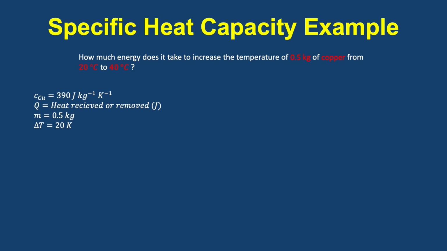Continuing with our list of givens, we see that capital Q, heat, is the actual focus of this question. This is what we're trying to figure out. We note from the question that the mass of our copper is 0.5 kilograms and that the delta T is going to be positive 20 Kelvin. We were given 20 degrees Celsius as the starting temperature. We were given the final temperature as 40 degrees Celsius. That is the increase of 20 degrees Celsius. When it comes to delta T, a delta T of 20 degrees Celsius is the same as a delta T